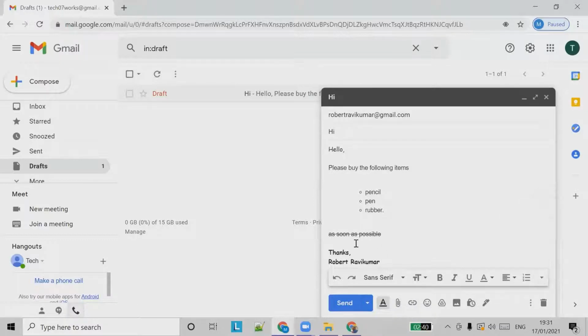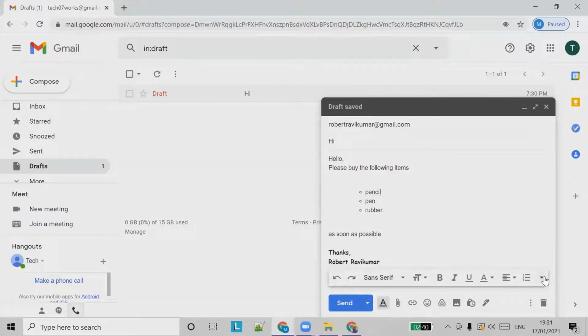And you can remove formatting. This is a format, right? You can just say remove format, and you can see you don't have any strike through now. So what we did is we removed that formatting. It could be any kind of formatting. Let's say this one is underlined. If you want to remove that underline, you can just say remove formatting. Once you do that, the underline is removed.